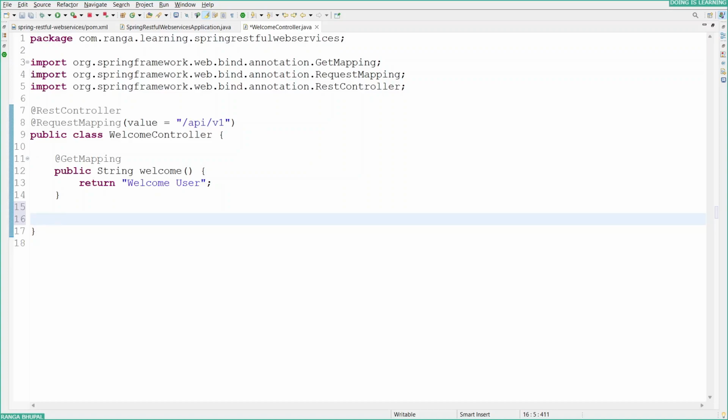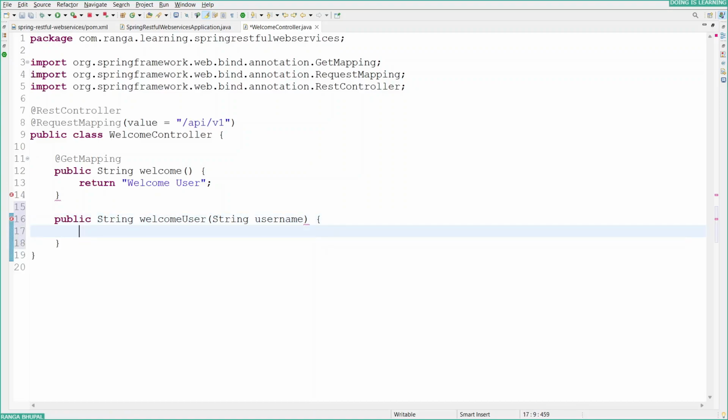Now let's create another get mapping by taking the username as a query parameter. So for that, public string welcomeUser, I'm giving a new method name, and I'm going to take username, and as part of it I will be returning, I'm using string.format, and here I'll be passing the username, and the message would be